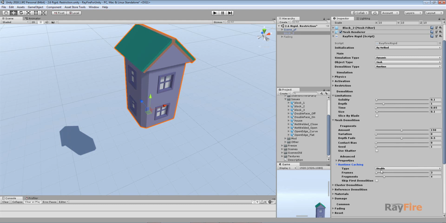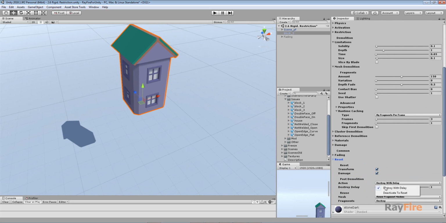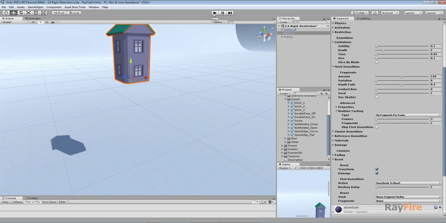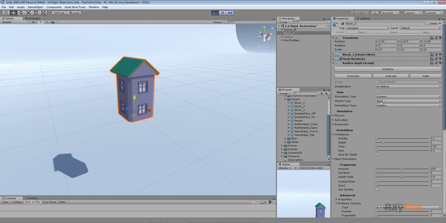So first thing, you can set here runtime caching. I will set it by fragments per frame, maybe one fragment per one frame. Also, I will go to reset and set here deactivate to reset, and reuse fragments. So the first time your object will be demolished, it will take some time because it will cache one fragment every frame, and then it will demolish it finally. But if I reset my object next time, let's say you reload your game,